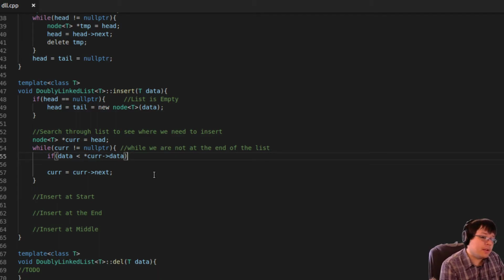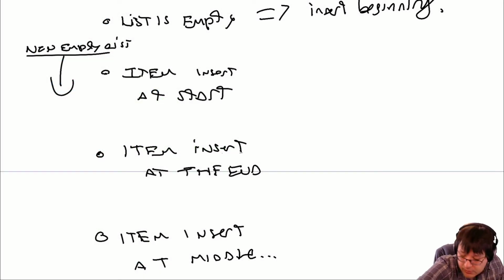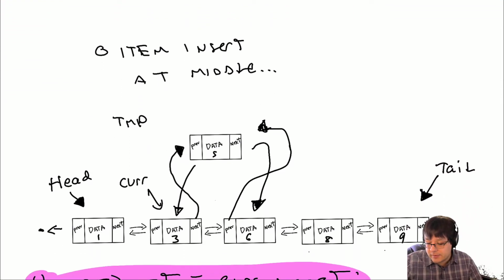What does that mean? That means that the number we're looking for is smaller than what we are currently looking at. If that is the case, then it means that we have reached the spot where we should insert, because if we go any further, we're gonna miss our spot to insert. So what it's saying is,